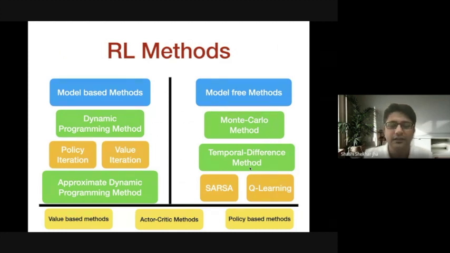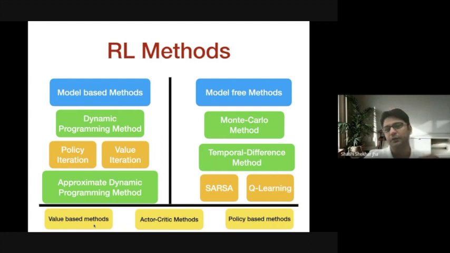Then there are other advanced methods that sometimes combine these methods, but these are also model-free methods. All this deep learning that has come in has actually improved these methods a lot. So there are value-based methods. What is a value? We will discuss that.